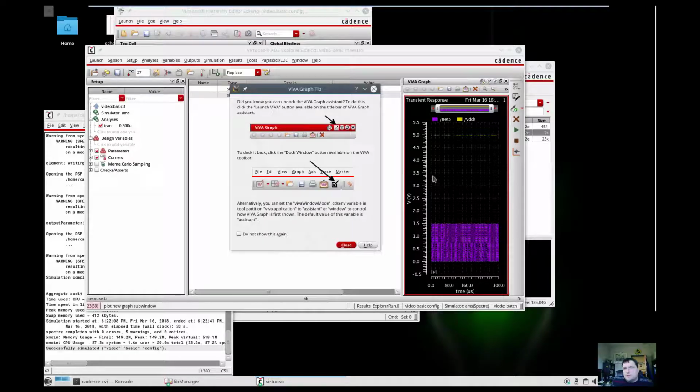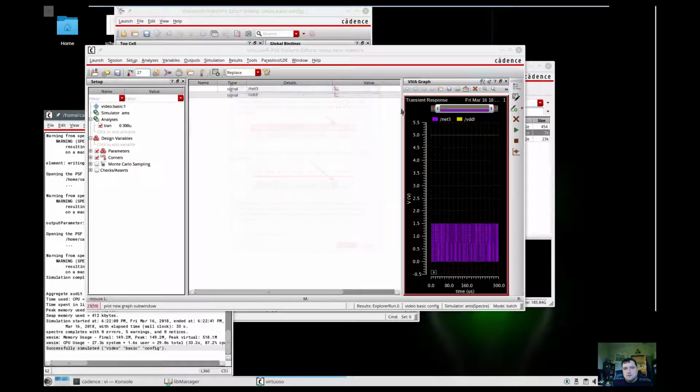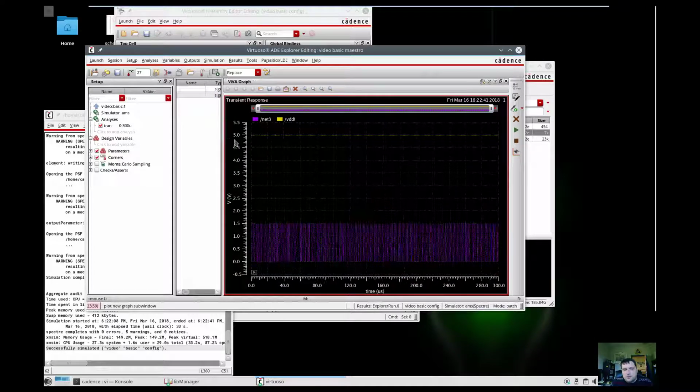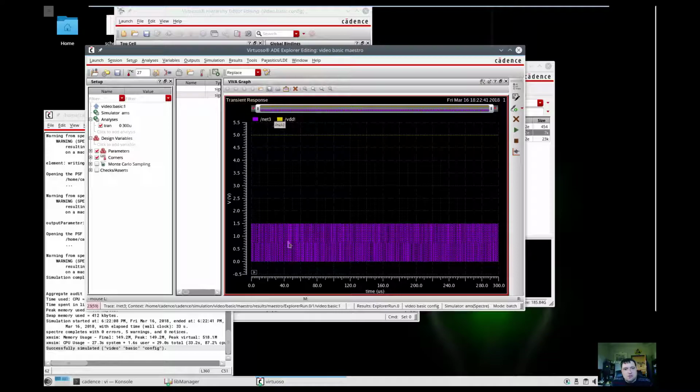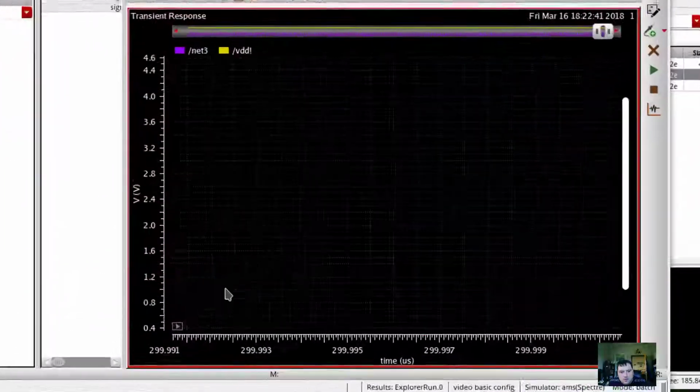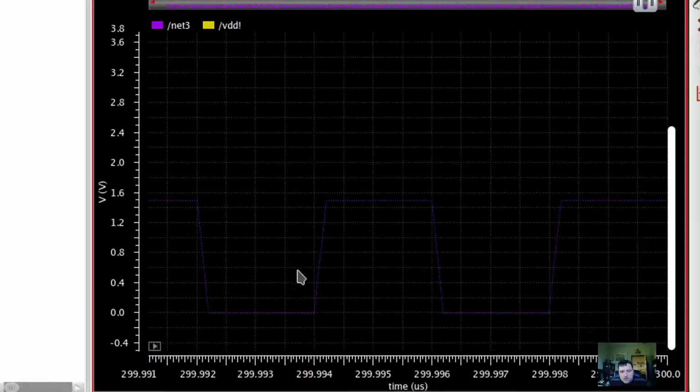Okay, so at this point, the simulation finished. We can take a look at our waveform window, and if I were to zoom in, there we go. So here we actually can see the square wave that's being generated by our clock inside. And what's really interesting here is, even though it's a square wave coming out of the Verilog, because Verilog would be a straight digital system,